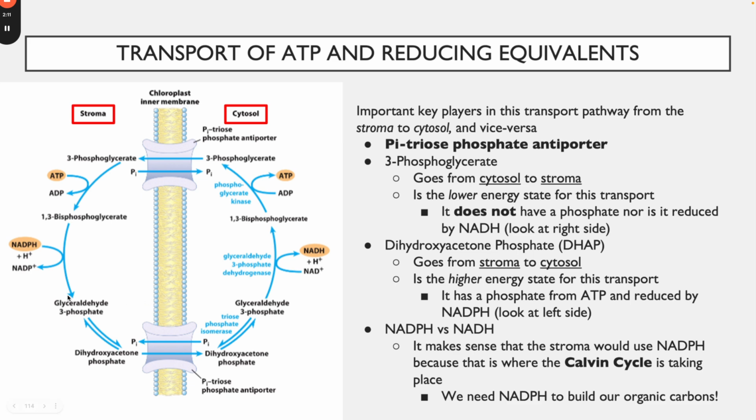So our glyceraldehyde 3-phosphate will get converted to dihydroxyacetone phosphate, and then from there it's going to go through this inorganic phosphate triose phosphate antiporter. You can call it that, or you can call it DHAP, inorganic phosphate antiporter. You can do either or. But essentially, dihydroxyacetone phosphate goes from the stroma to the cytosol, and then the inorganic phosphate goes in the opposite